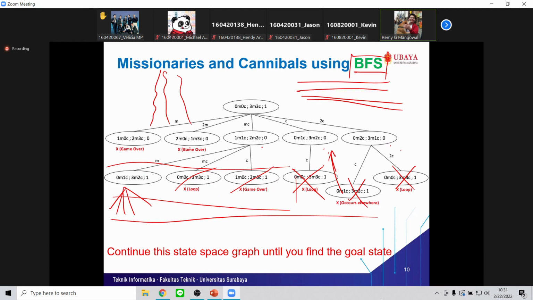Like say from here on, in DFS you will try this path first, right? And so on. But in BFS, no, you will try here first, then here, then here, etc. That's the main difference between BFS and DFS.